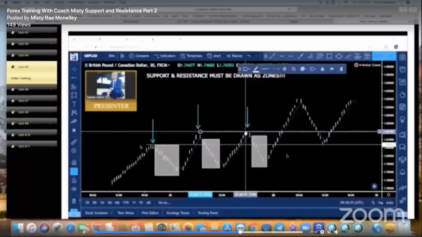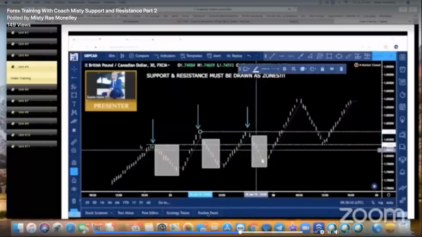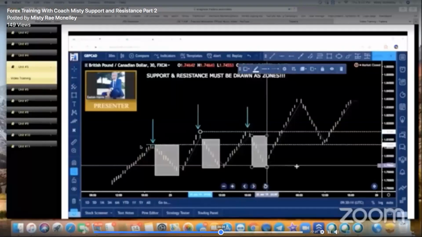Now, if we look to the right at this peak here, we need to figure out where this move originated from. This move originated from a place that was just a bit higher than what we had from the peak to the left. So we're going to move our boundary line up right to the edge of where this bearish move